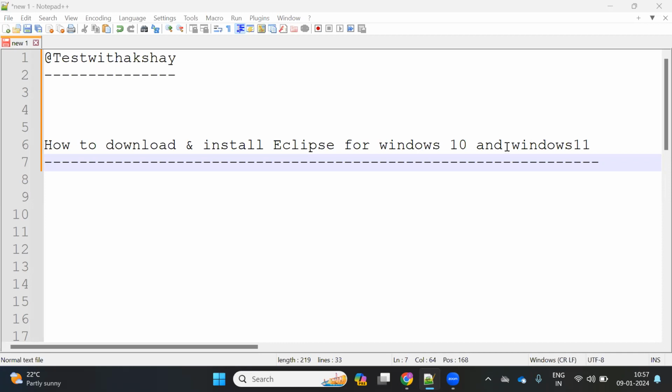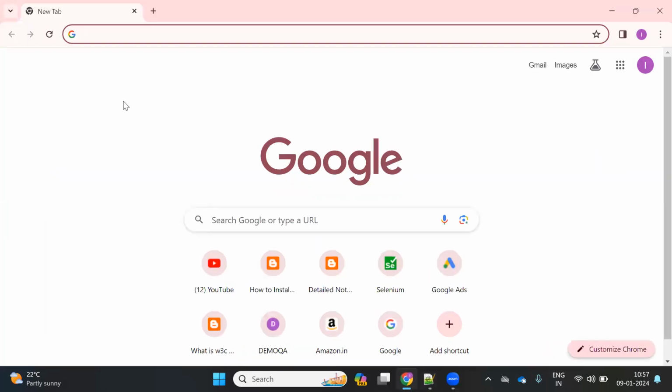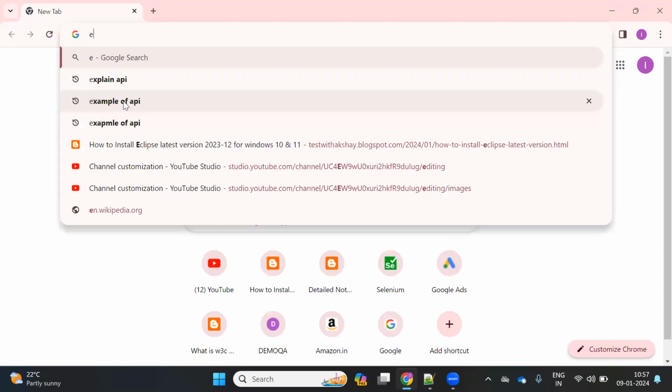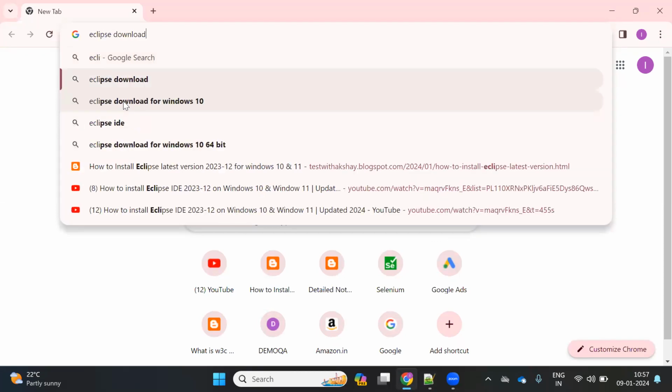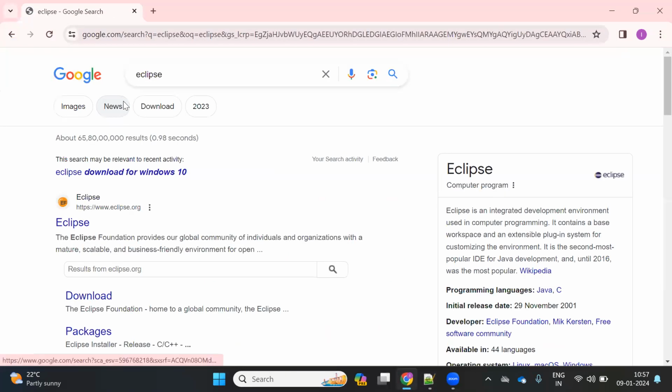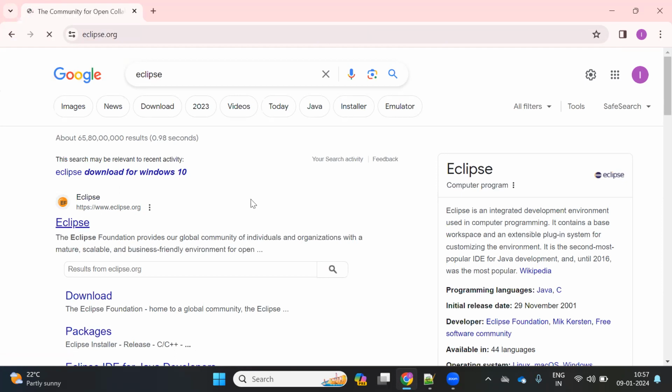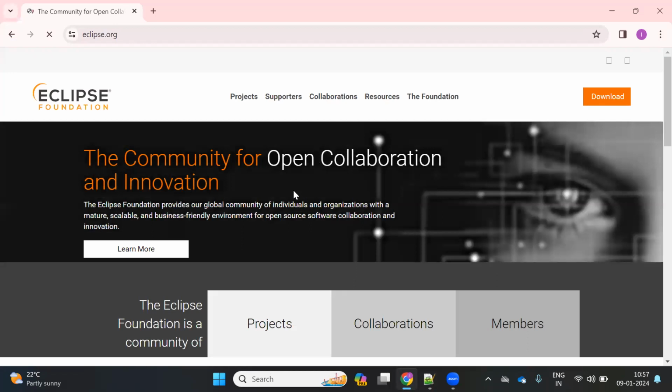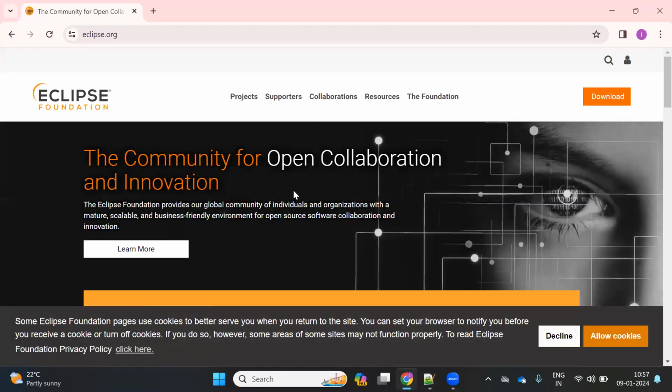So guys, first you need to go on Chrome. I'll go to Chrome and you have to type here Eclipse. So you can see, guys, the first website we got here is eclipse.org. You just have to simply click on this website, and you will get navigated to the Eclipse official website, that is eclipse.org. And here I'll click on the download button. You can see this download button. I'll click here